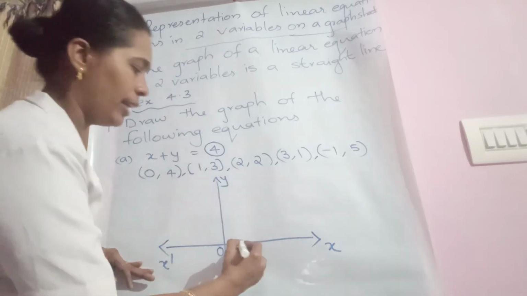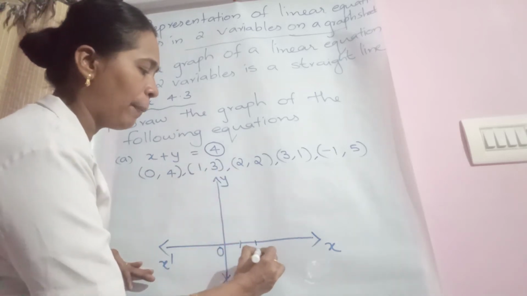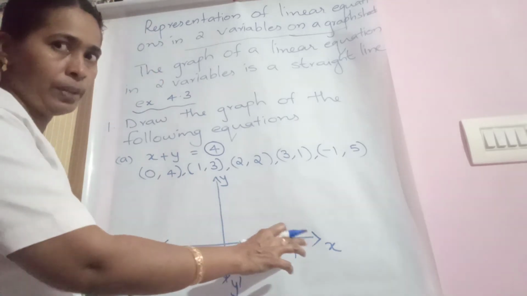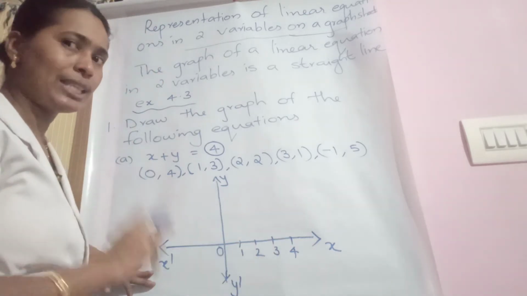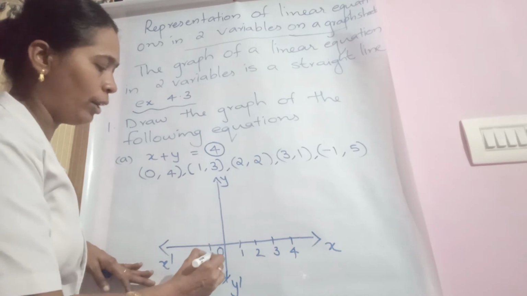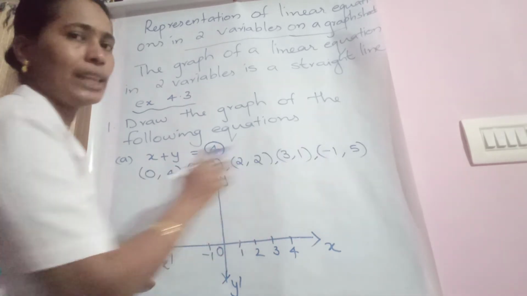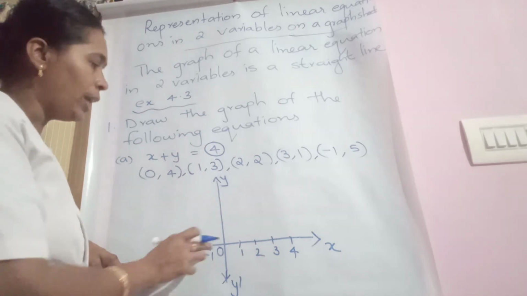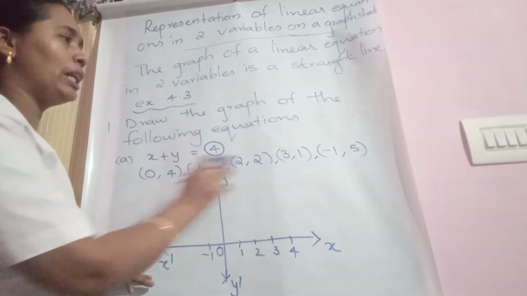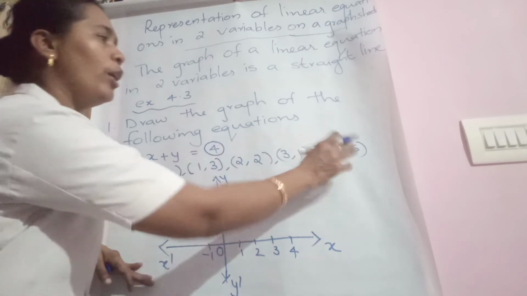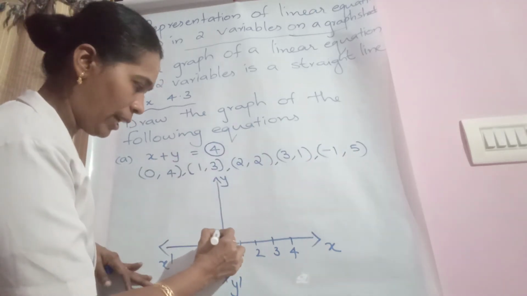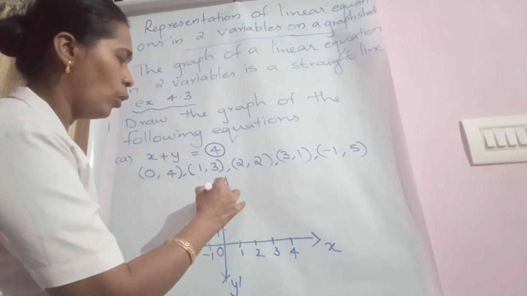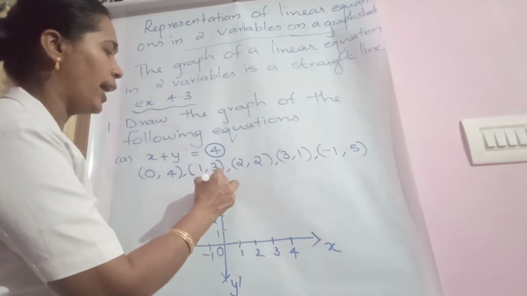Let us mark here. Use your scale and pencil to mark. Teacher is not using them, this is only a rough marking, but you have to use scale and pencil. Negative 1 is also coming in the case of x value. That's why teacher takes 1 negative value. Above on the y-axis, which are the numbers for you? 1, 2, 3, 4, 5. Up to 5 you have to mark: 1, 2, 3, 4 and here it is 5.